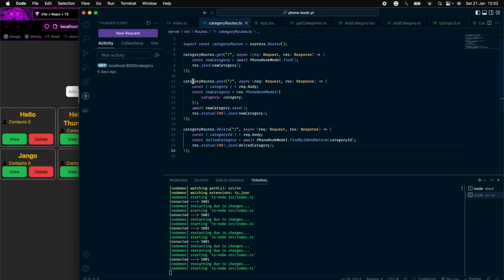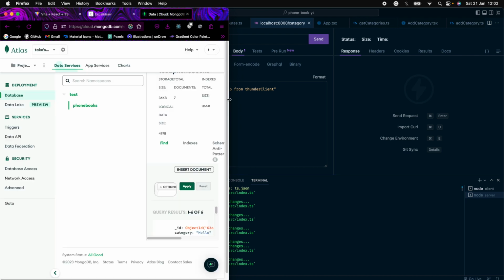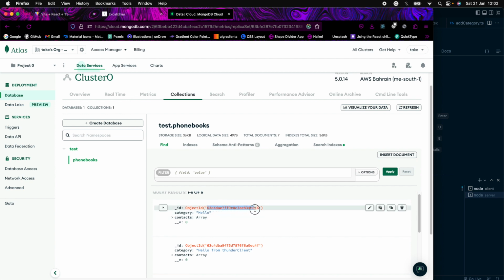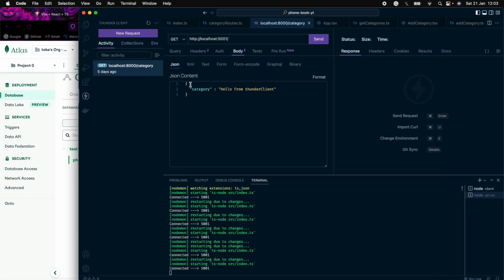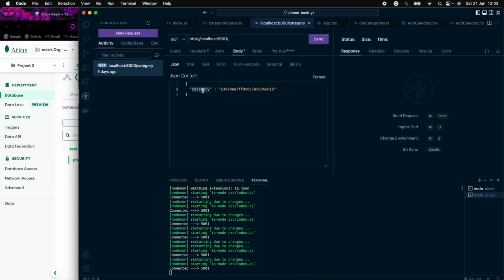So for that, again, Thunder Client, go here. In the body I'll have to send the ID. So let's get the ID. Let's go to Mongo Atlas and just take a random ID from the data. I take this. This time in the body I'll be sending an ID. What was it called again? It's called categoryID. If I paste it here and I change the method to delete,